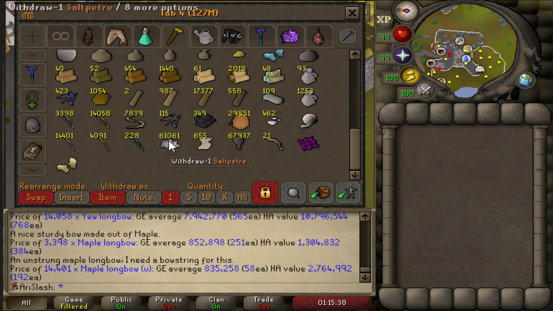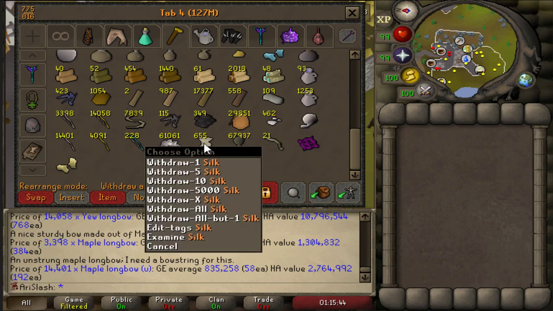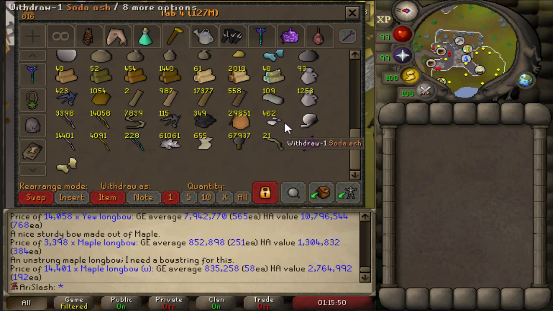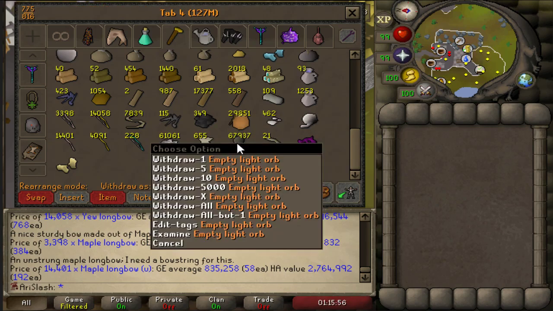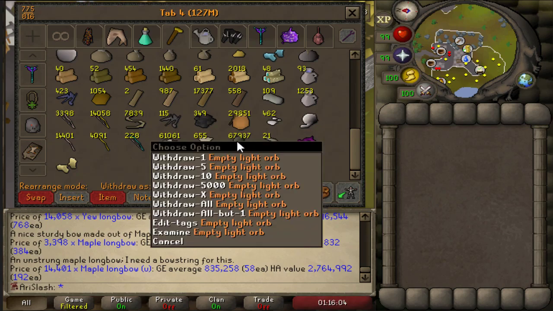Saltpeter, this is all raids and winter toad. Silk, I believe this is early game thieving. I will not be selling this to that guy. Ended up making this many light orbs for crafting. I will probably not ever make this at Dorgish-Khan to get the full XP. I know Flynn did that, but...